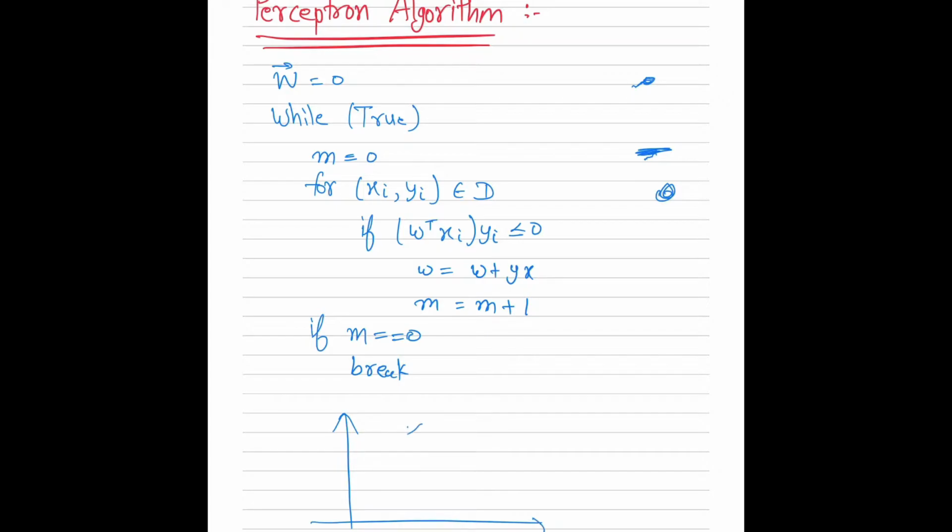So let's take an example. Initially my w vector will be 0 and I would get every single data point wrong. So I adjust my hyperplane every time I make a mistake, and looping over the data set, the moment I don't make a single mistake anymore for the entire data set, that means that all of the crosses are on one side of my hyperplane and all of the circles on the other side, and then the two classes are separated and we stop.